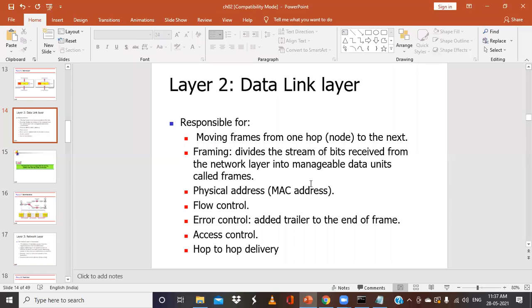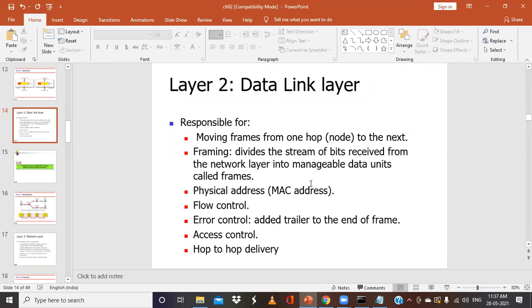From one system to another system, how the data is being sent or how the frames are sent: when it is sending these frames, it will change the physical address. If the destination machine is within the network, next to the current system, then that will be nothing but the physical address. But if the system is present somewhere outside the network, it will send it to the intermediate nodes, and every time it is sending to the intermediate nodes, the address is going to be changed.